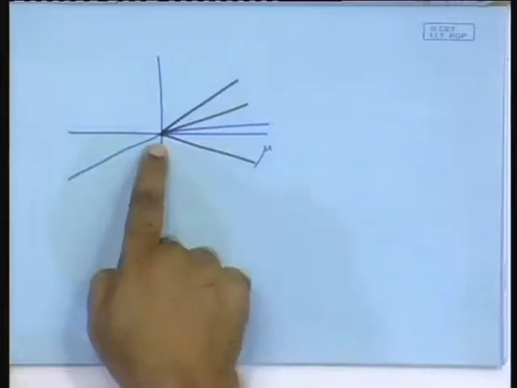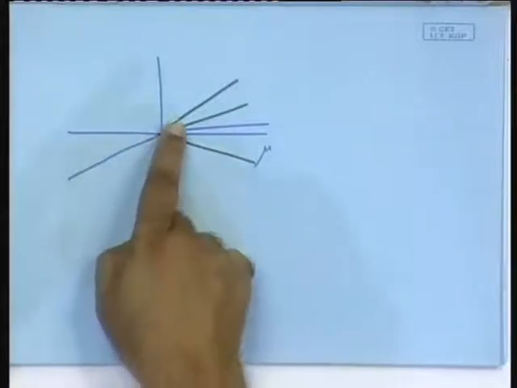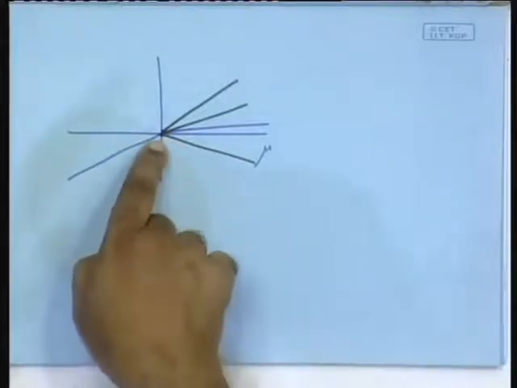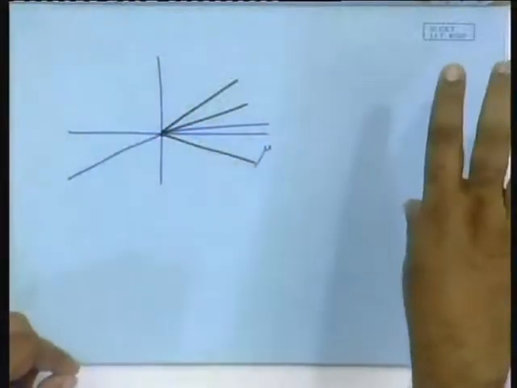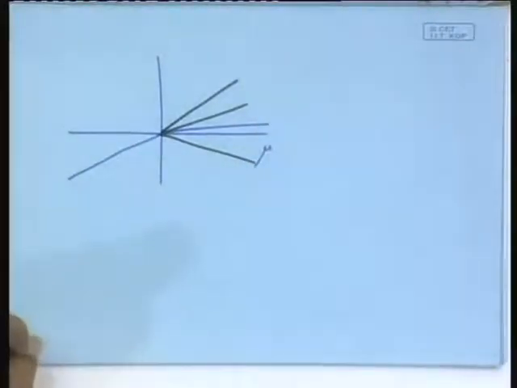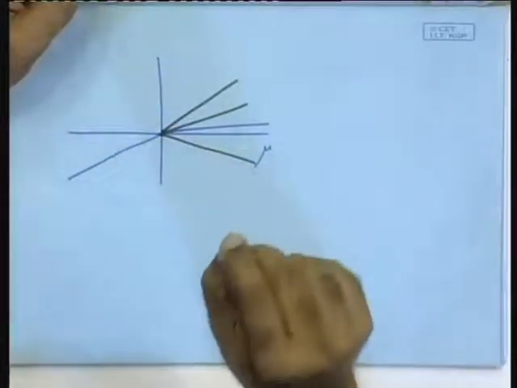So, each one will have its own basin of attraction, but you see the character is that the closer you go to the value of mu equal to 0, the closer these points are, and at mu equal to 0 they are actually at the same point physically, and then they move away from each other and they have their own basin of attraction, right. Now, every physical system has some ambient noise, you can't help it. As a result of that noise, it will go on slightly moving, not exactly following this particular small line, but slightly moving around it.